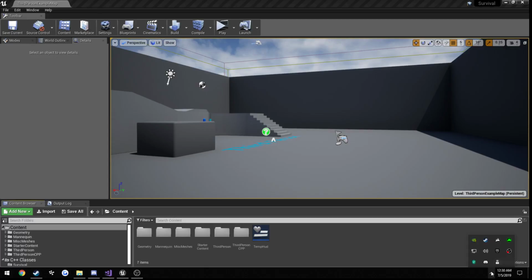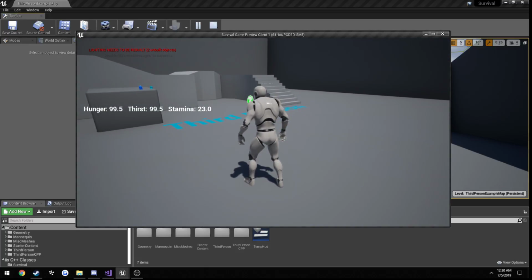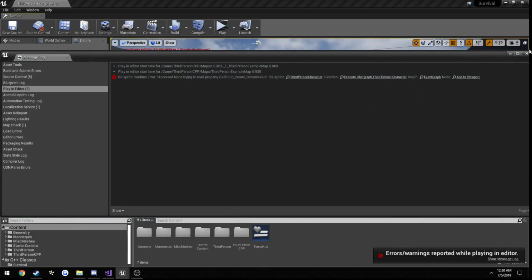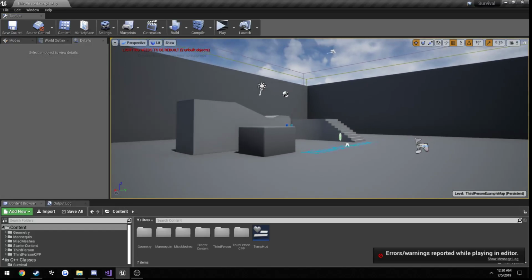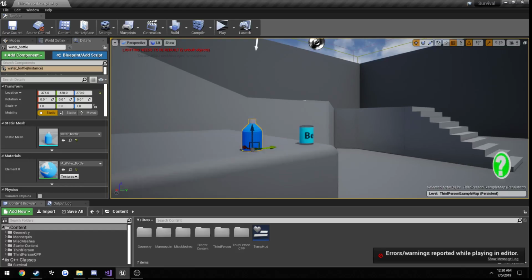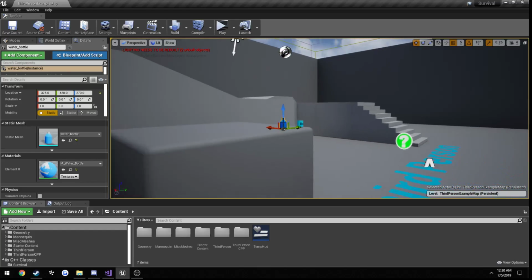In this video, we're going to be expanding on our hunger and thirst system. So previously we have it set up so over time your hunger and thirst start to slowly degenerate or decrement, as you can see here. Now we're going to make it so you have the ability to walk up to a can of beans and a water bottle, and it will increase either your hunger or your thirst, depending on which one you have